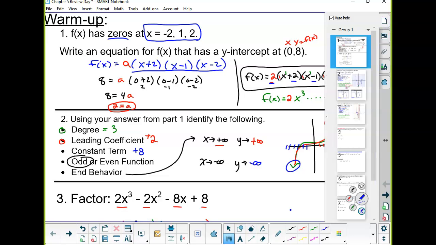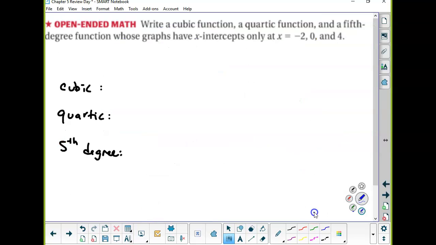So, how do we take that information and turn it into cubic, quartic, and fifth degree? Well, let's start with this. If I take x equals negative 2 and bring it over, I know that intercept had to come from a factor of x plus 2. And then I know that x equals 0 is an intercept, so that had to come from a factor of just x. And then the 4, if I subtract the 4 over and bring it with the x, here is my factored form. So, the cubic function could be written